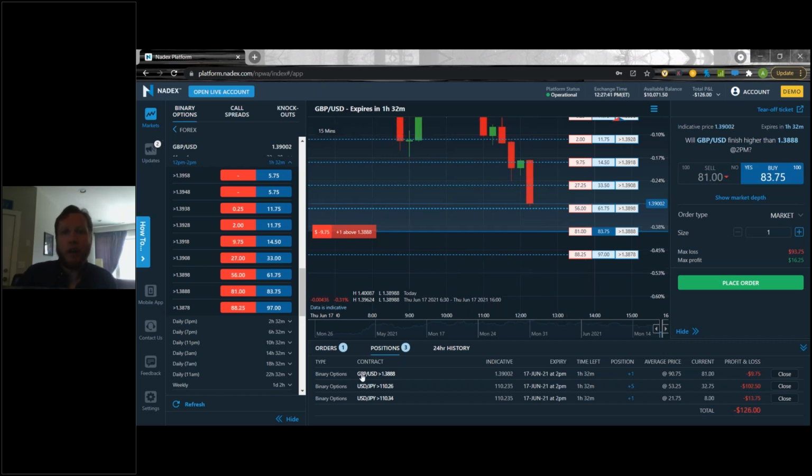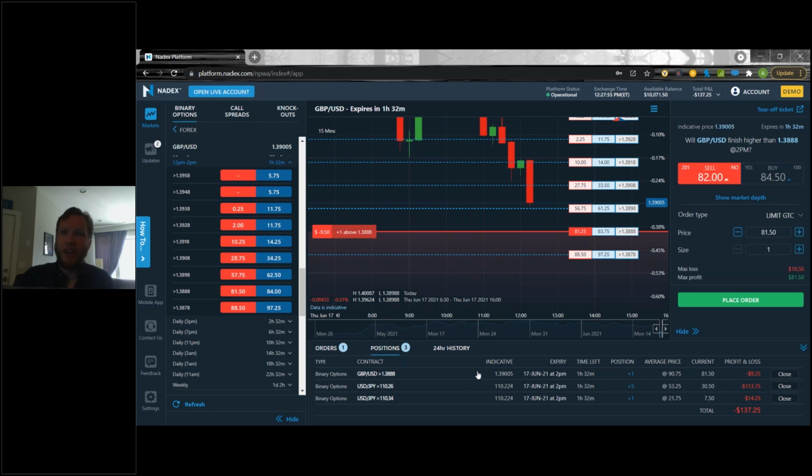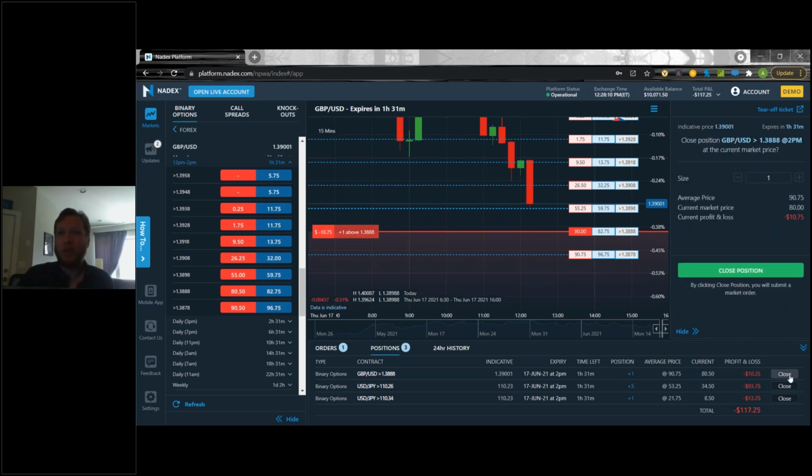So moving on here, this last little button is something new that we added, and I always love going over the new things that we've been adding here. So the last button on the right-hand side is going to be this close button. You've always been able to get out of your contract by just clicking in the middle of the contract and placing an order on the opposite side. What we did, though, we just recently implemented this a couple weeks ago, and what this will do is when you click close, it gives you a sort of new reskinned order ticket that helps you get out of the contract a little bit faster, right?